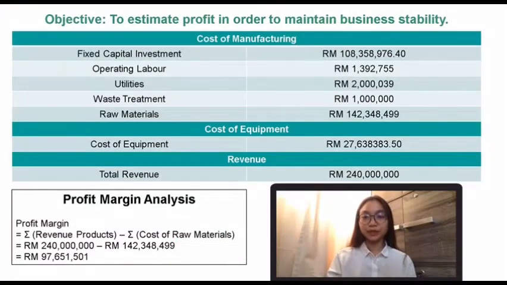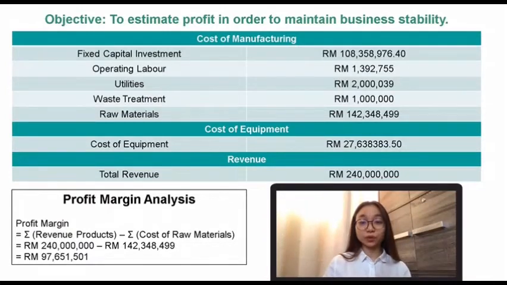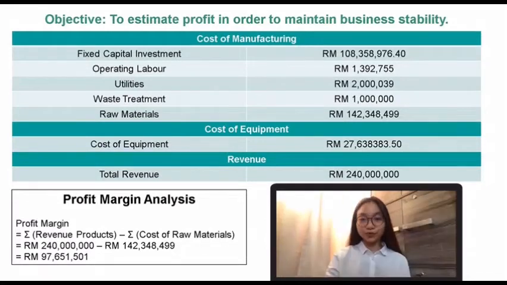Ladies and gentlemen, the objective of economic analysis is to estimate the profit to maintain the business stability. In order to estimate the profit of our company, the difference between the revenue and cost of materials must be calculated. As you can see, the profit margin of our company turns out to be 97,651,501 ringgit. Therefore, our company has a positive profit margin, and it is safe to say that our process is